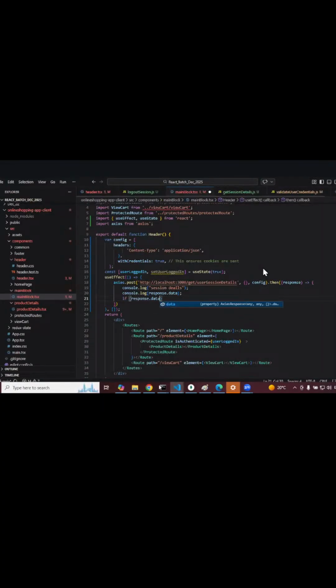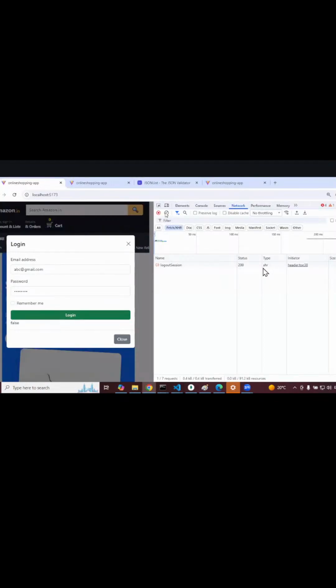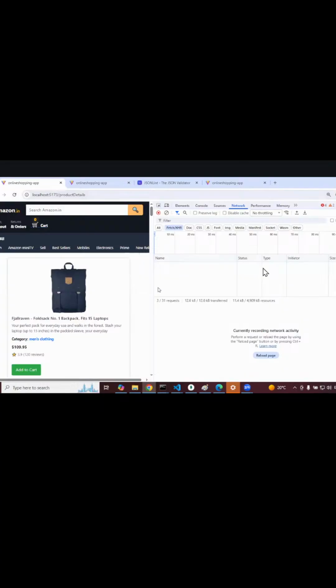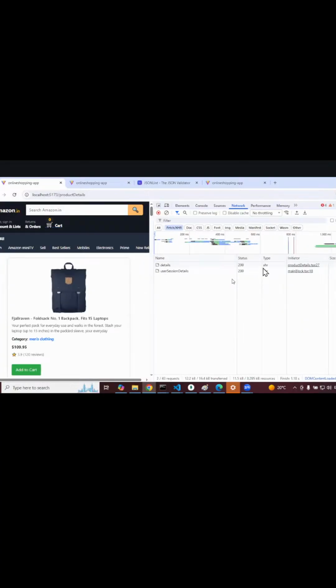What is the key we were receiving? In case of login, when I'm reloading, you see user session is user logged in. This is the data we are receiving. Okay, if response